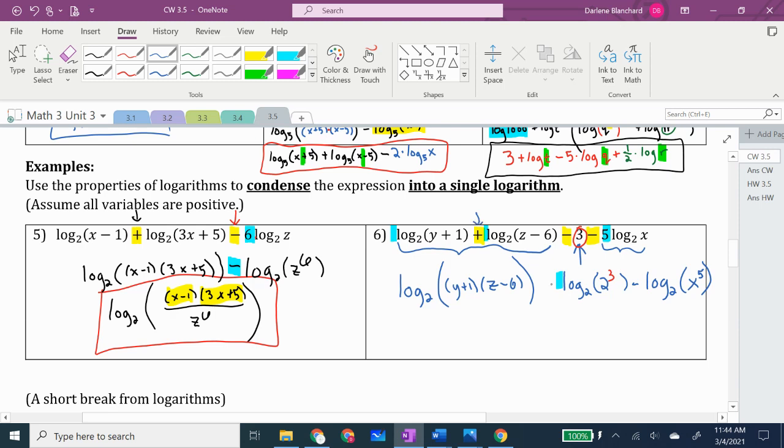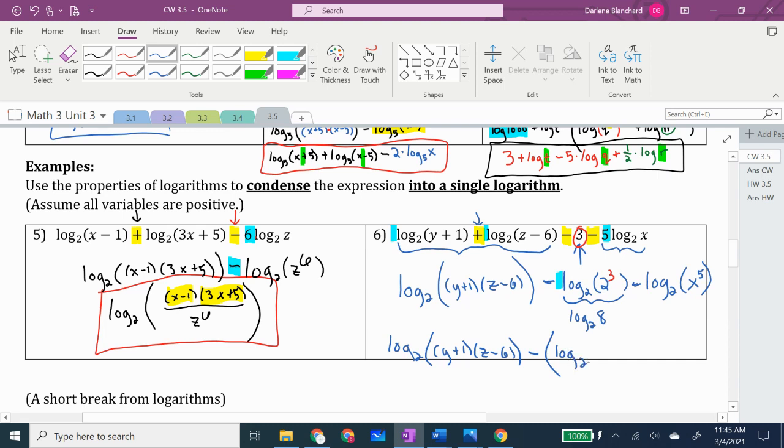Right after that addition is a subtraction of what was changed to log base 2 of 2 cubed. And by the way, 2 cubed is 8. And at this point, I can factor the negative, the subtraction, from both of these logarithms so that it becomes log base 2 of what I already have condensed minus